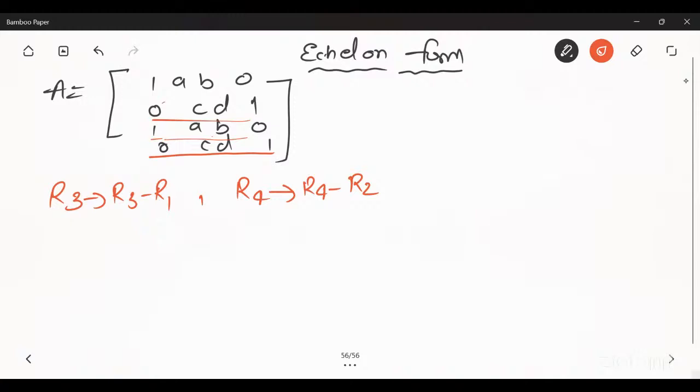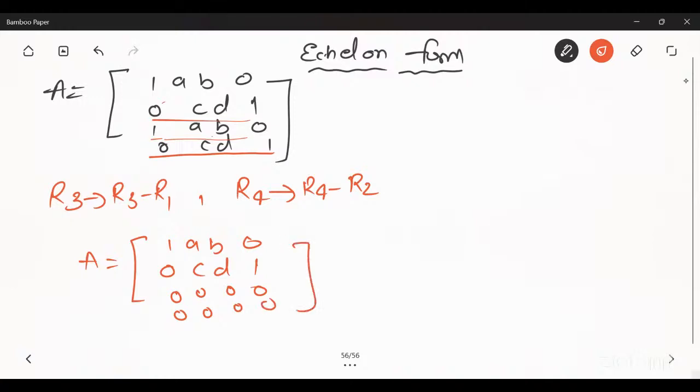That means this row will be minus by this row, and this row will be minus by this row. So you will get the value of A equal to 1 A B 0, 0 C D 1, 0 0 0 0, 0 0 0 0. So you will get two rows which contain an element. So here the rank of the matrix will be 2. Okay, so you can try either the Euclidean form or the canonical form to solve the question. Okay, so one more question I have to solve